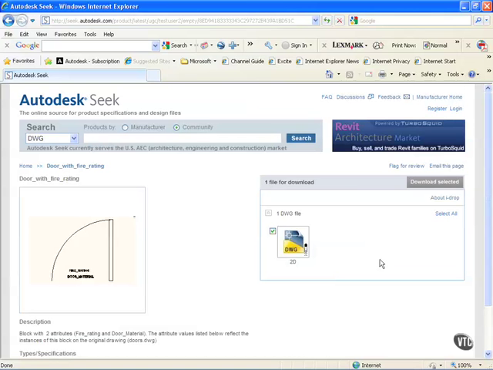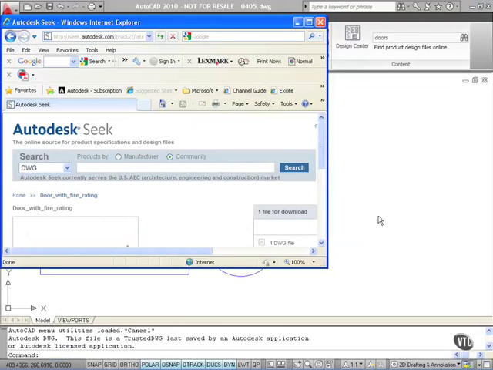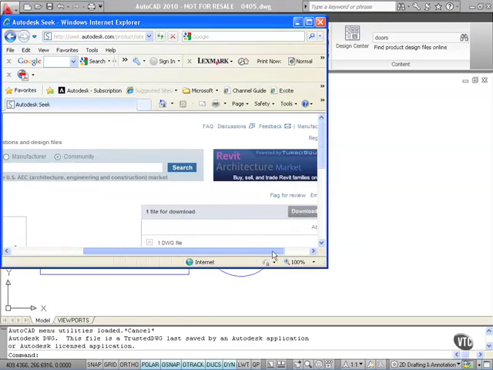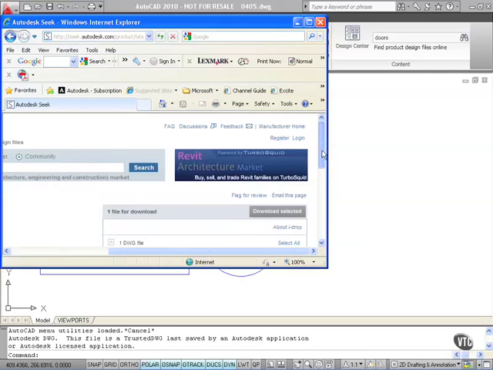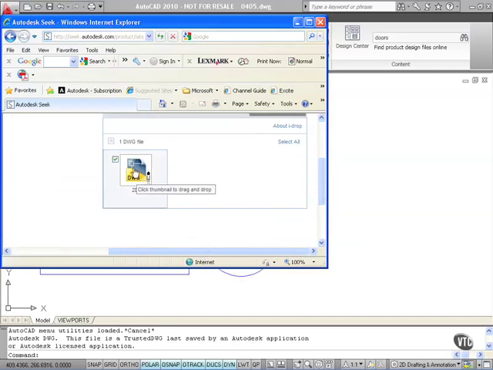How do I do that? My drawing is behind the Internet Explorer window. I minimize the window, and there's AutoCAD behind. So I just need to slightly move around here. It requires a little bit of navigation. Okay, so I move over here, it says click the thumbnail to drag and drop, so I click, I hold the mouse button down,